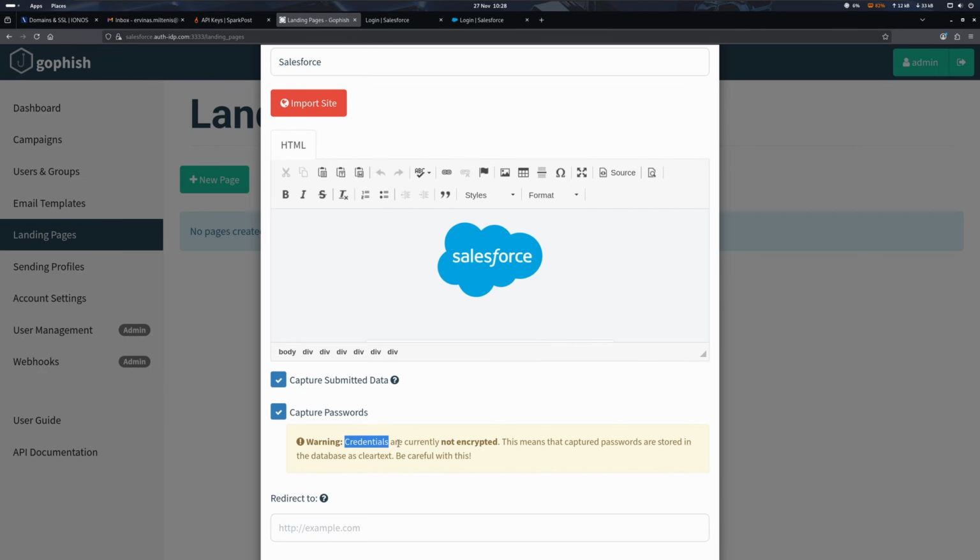Now, keep in mind that the credentials that are captured will not be encrypted. This means that the captured passwords will be stored in the database as clear text. In the case that somebody manages to hack our VPS server that is hosting Gophish, they could potentially dump this database and view the passwords of the employees of the organization we are assessing. Obviously this is not something that we want. So this is why it is important to configure strong firewall rules as well as the authentication that we use